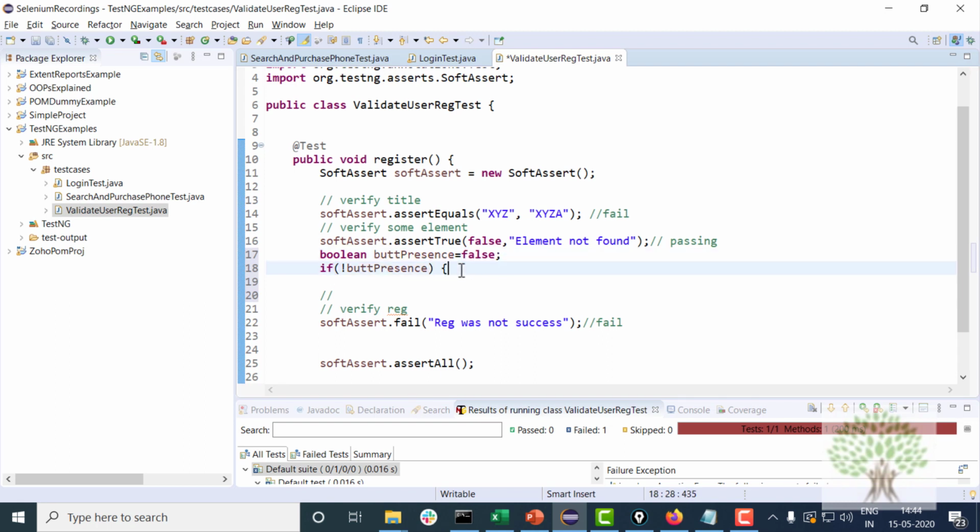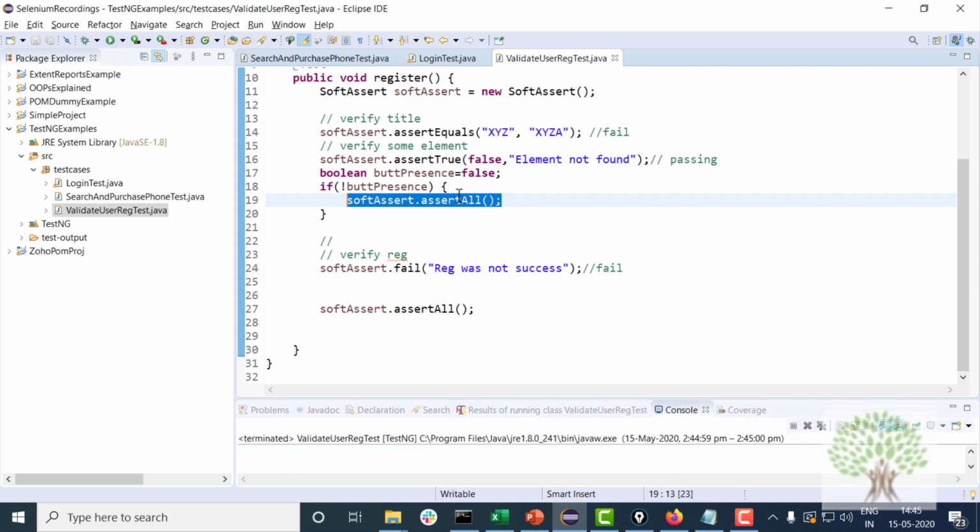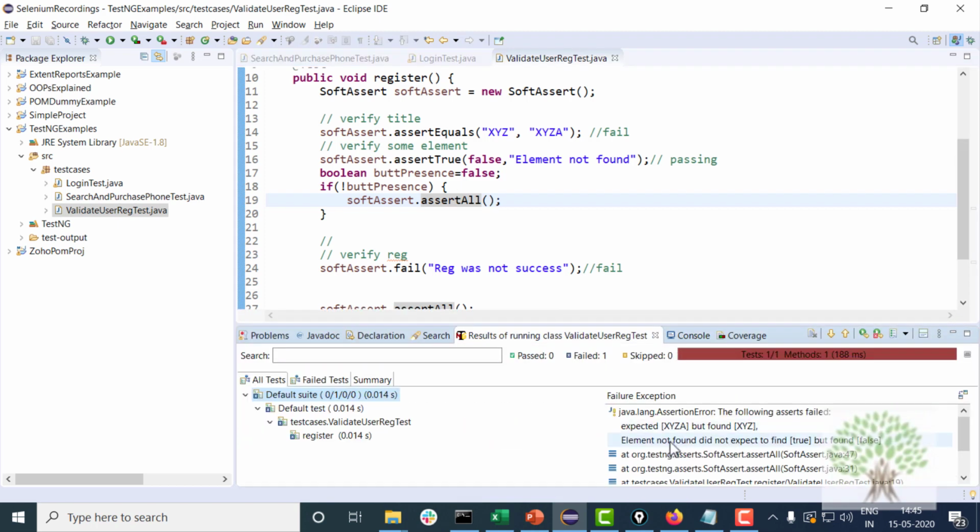Okay, so if button is not present, then you call the soft assert all over here itself. Okay, so if I run this code, it will just print the message, one error message, two error message that XYZ and some element was not found.